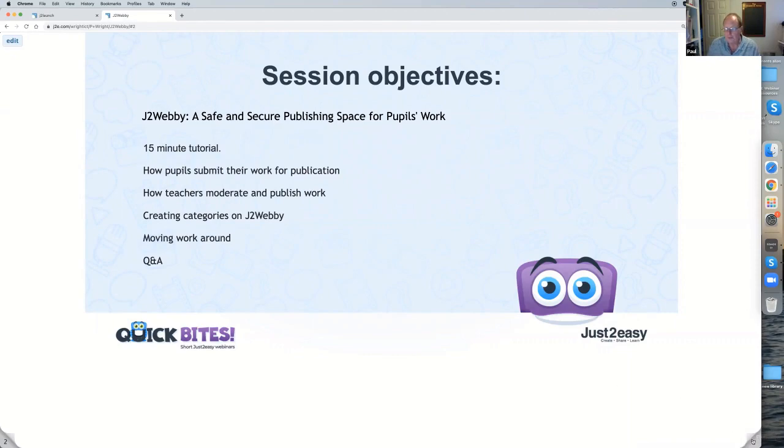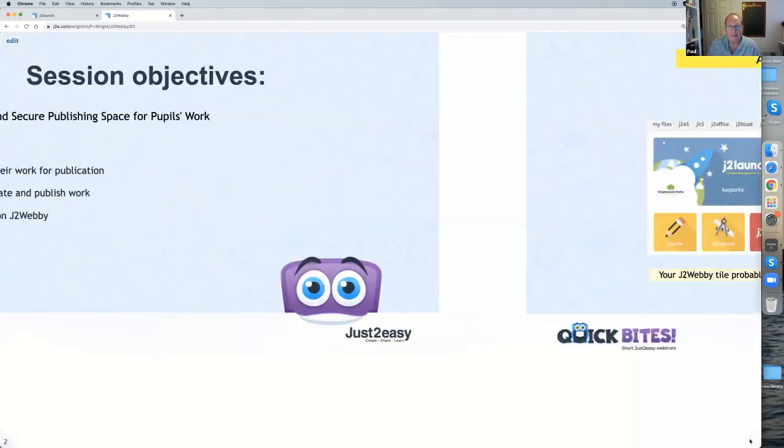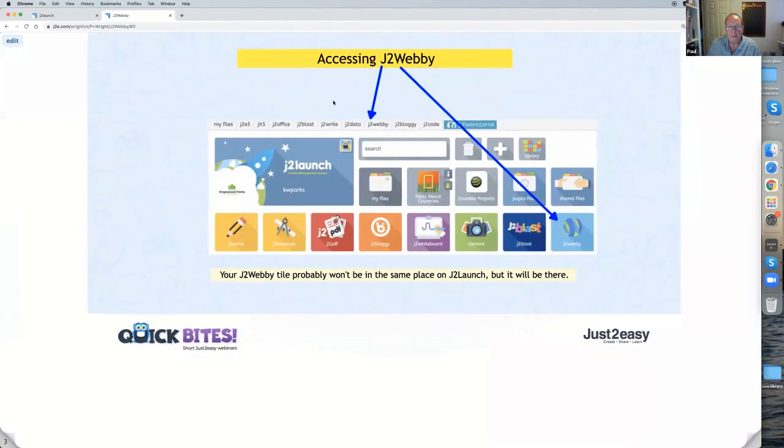Right, so if you are new to J2E, you'll find access to j2webby either via this menu item here or the j2webby button down there. Yours will almost certainly not be in the same place. I move mine around from time to time, but it will be on your desktop somewhere. So either way to access. And then